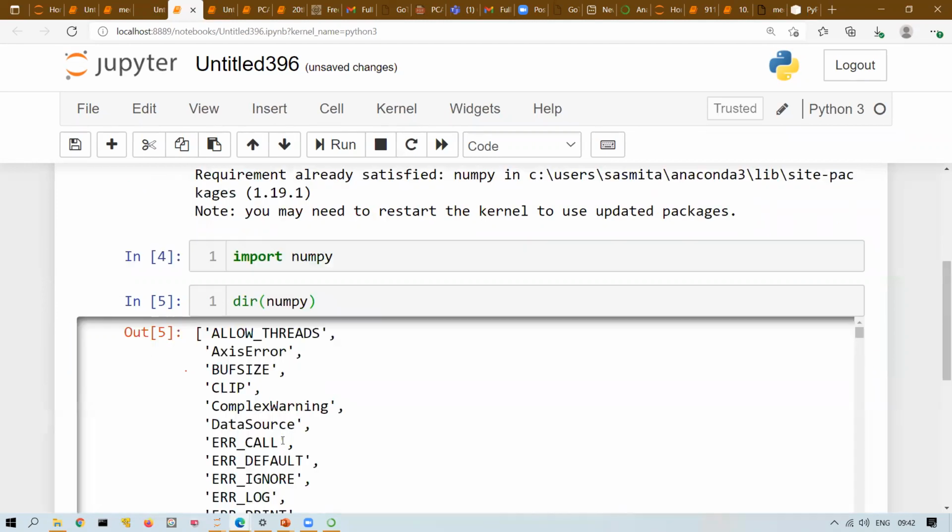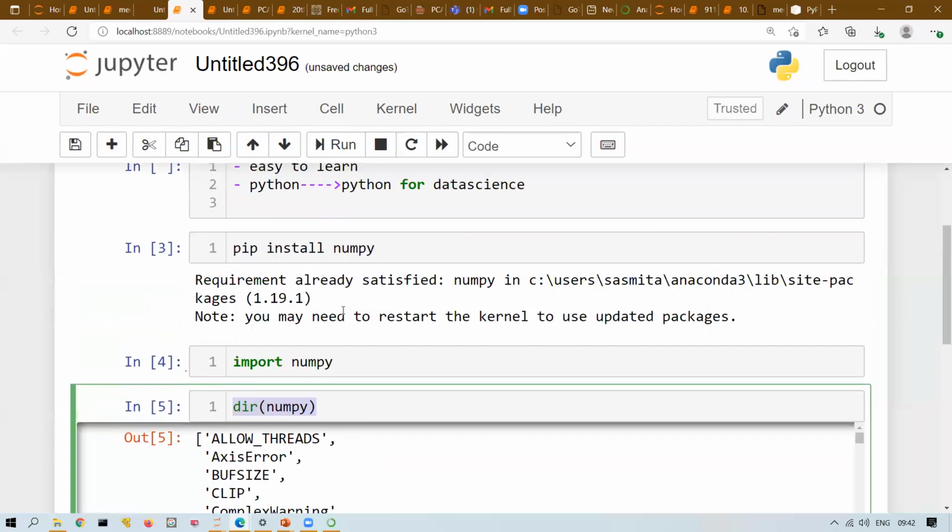All of these functions are present within NumPy. So dir, directory, will give you the entire library, whatever functions are there inside that package. Everything will be listed. Three things we understood: installation, Jupyter Notebook, how to install a Python package and where to write this command. Once we have installed, how to import and how to list by calling the dir method.